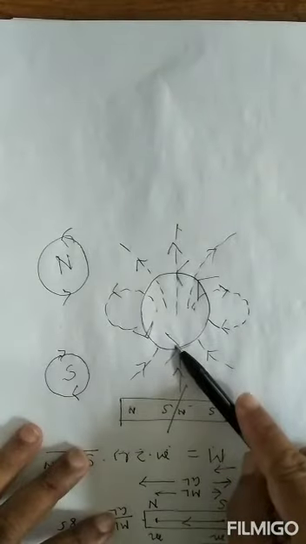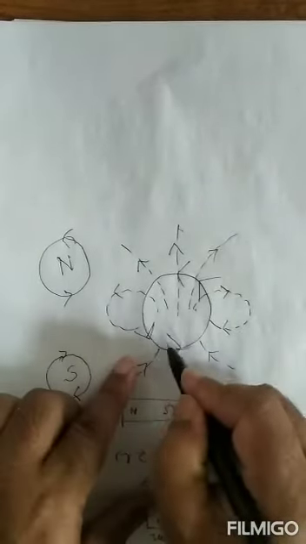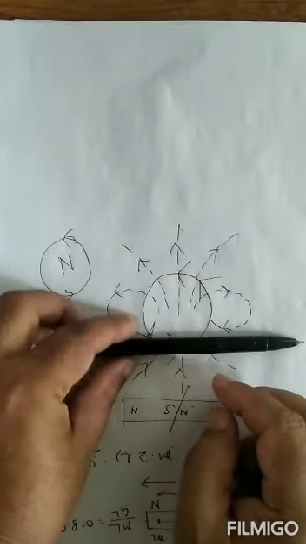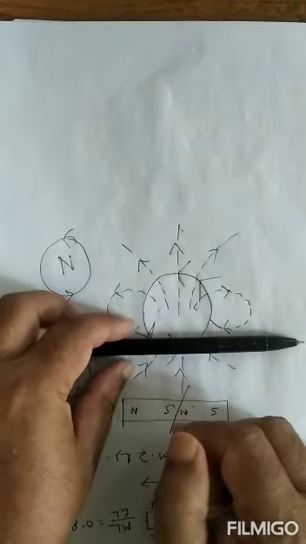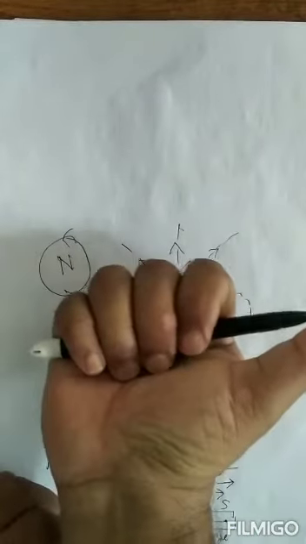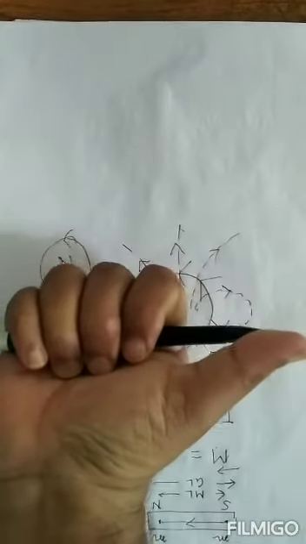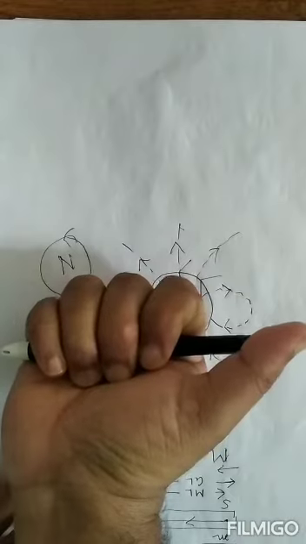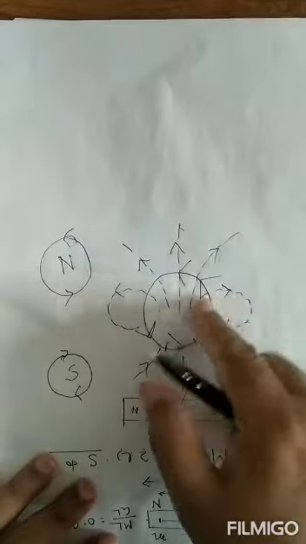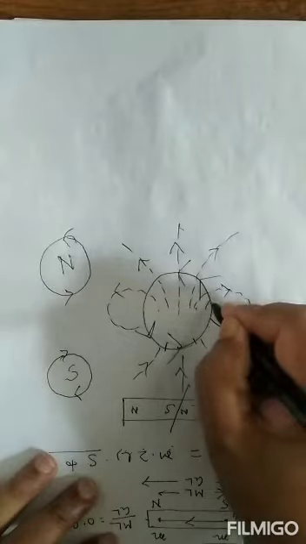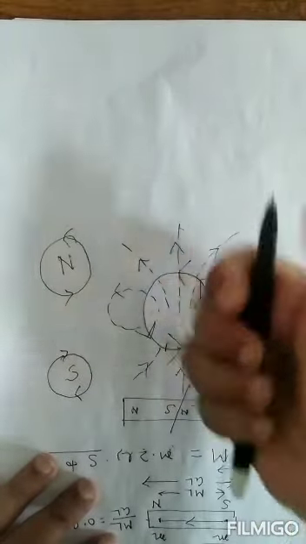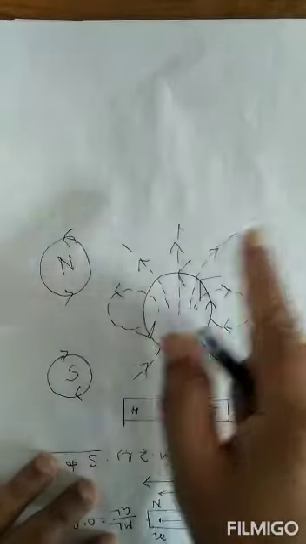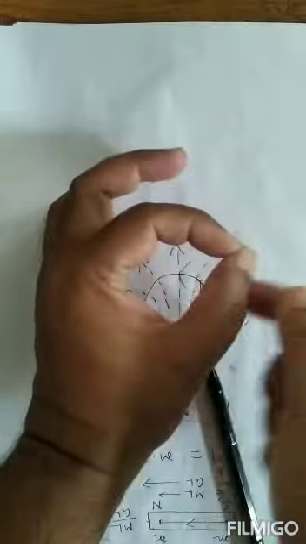And why is the direction of current like this? So I take a small section of this circular coil. So this is the small conductor. So what is the direction of magnetic field lines around it? Right hand rule. If we grasp the conductor with our right hand and thumb represents direction of current, then curl of the fingers gives you the direction of magnetic field lines. So here this is the direction of current. If I put my finger here, you just see, from inside the circular coil lines of force will be coming out. So lines of force will go like this. Then lines of force will go like this.